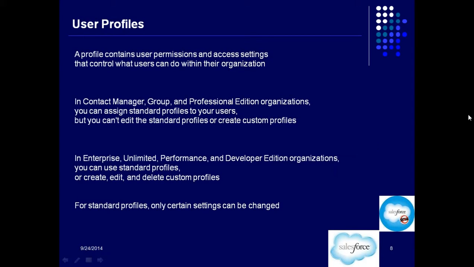So that's about profile. Now, to make it even simpler, a profile is basically a collection of permissions. Okay, a set of permissions or collection of permissions which is assigned to a user. Now, what a user can do in Salesforce depends on those permissions only, right? And as I told you, every user has a profile assigned to their name. Let's go and see what exactly this profile thing is.